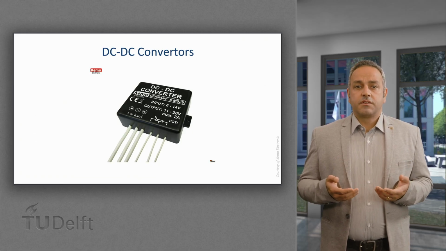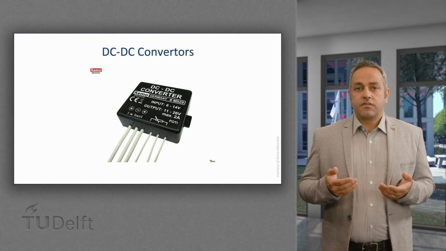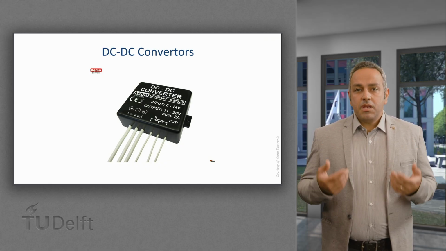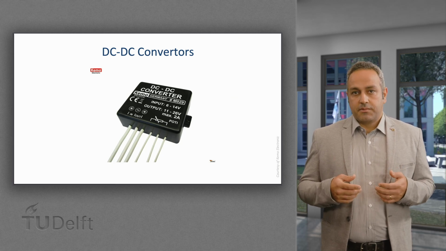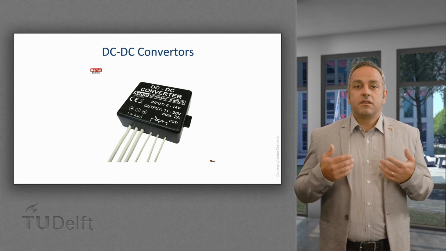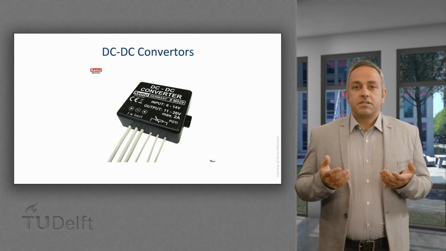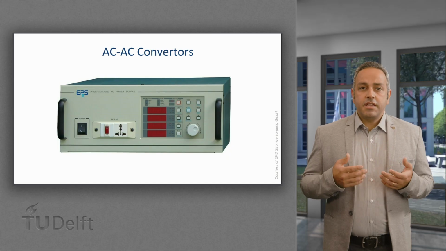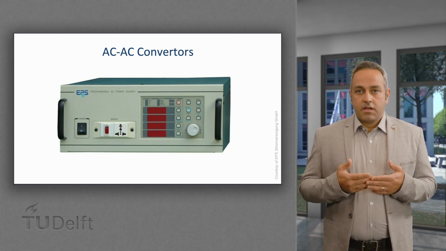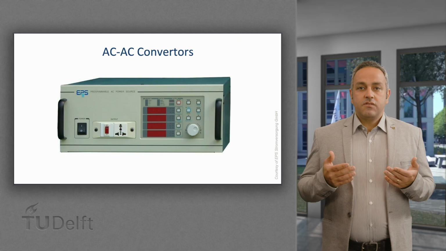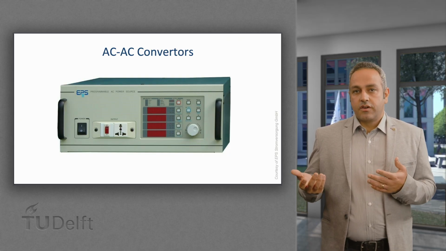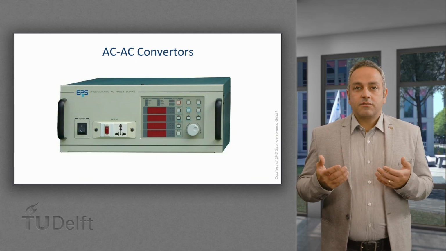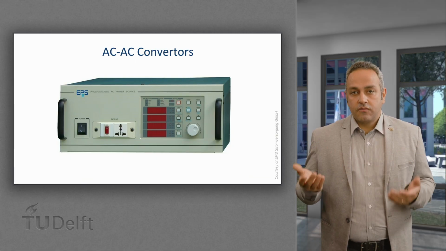A DC-DC converter can be used not only in the case of increasing or decreasing voltage for high voltage transmission, but for many other applications. For example, it can be used to control the speed of a DC motor, for which a DC supply is available. The last type of converters is the AC-AC power converter. The converter is used to convert an AC waveform into another AC waveform at a different voltage level and/or frequency without any intermediate DC conversion.